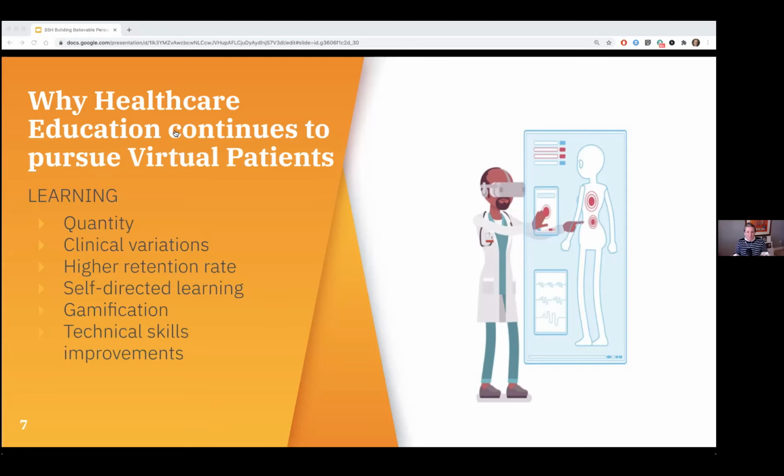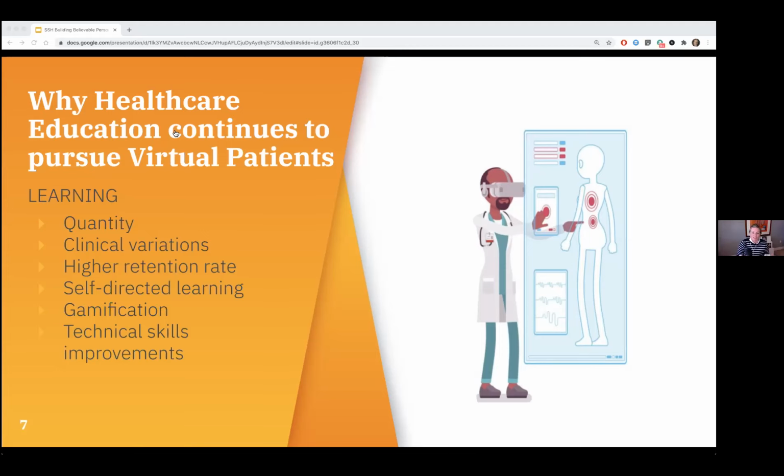Virtual patient interactivity leverages the Kolb experiential learning theory in that by interacting with these virtual patients under certain conditions, it's expected that learning will be more efficient and more complete with a higher retention rate over more, say, passive education approaches. Virtual patients can provide students opportunities for self-directed learning, which leads to reflection, self-driven change, and of course, more insight into their performance.